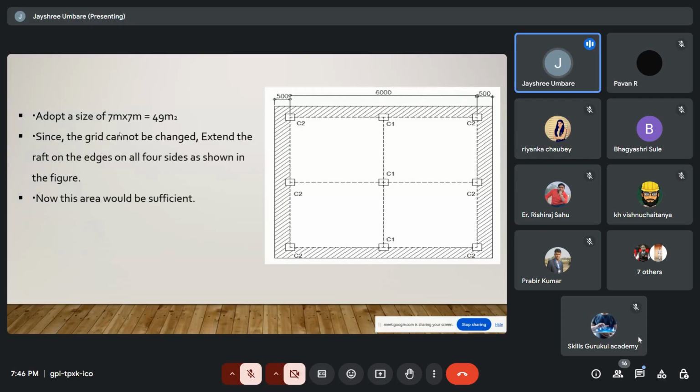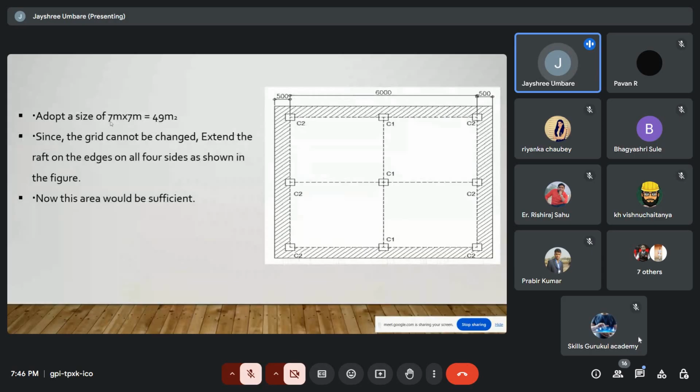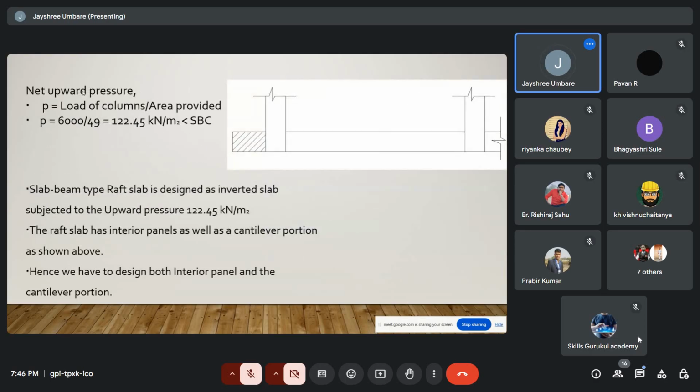We have a total calculated area of 6.3, but we have adopted 7 meter into 7 meter, which is 49 meters square. Since the grid cannot be changed, we extend the raft on the edges on 4 sides as shown in the figure. This is a cantilever of 500 mm taken. Net upward pressure P is equal to load of column divided by area provided. The load we have calculated is 6000 divided by 49, which we have adopted, which is 122.45 kilonewton per meter square,